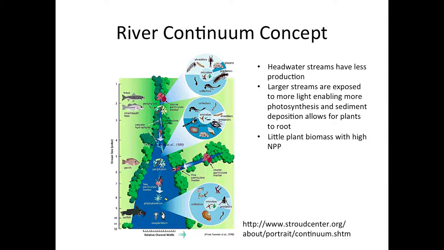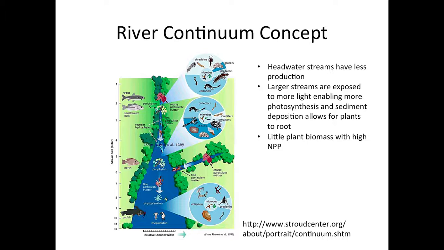This is a river continuum concept. It shows how a stream goes from stream order 1, meaning a headwater type stream, to 12, which would be a large river. The headwater streams have a lot more introduction of nutrients such as leaves, and they are generally